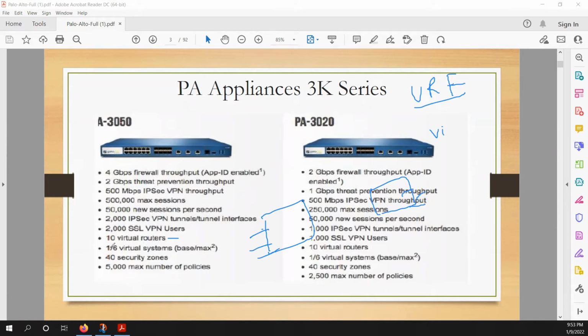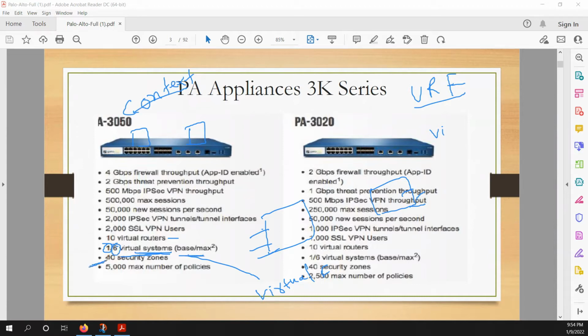And in Palo Alto firewall, this is supporting virtual system. Virtual system is nothing but a virtual firewall. When I say virtual firewall, that means within the firewall itself, you can do the virtualization and you can run multiple firewall instances. That is known as a virtual system. If you have heard about context in Cisco, here same we have the VSys, virtual system. Minimum it would be supporting 1 that you would get with the base, and you can increase up to maximum 6 in this model.